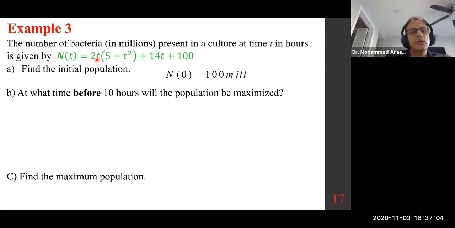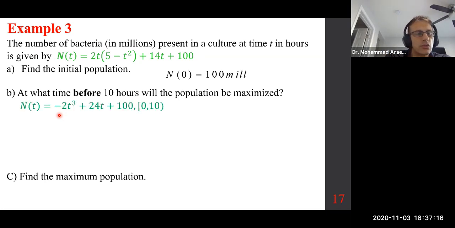Okay, so this becomes 0 because of this t. This becomes 0, you're left with 100. 100 what? Millions of bacteria. At what time before 10 hours will the population be maximized? Means you're looking at this. So in other words,